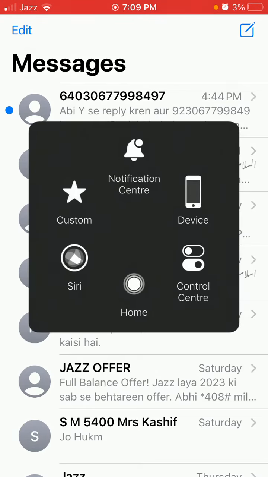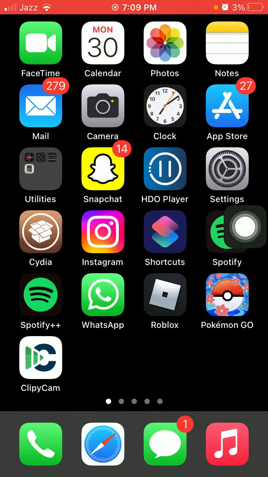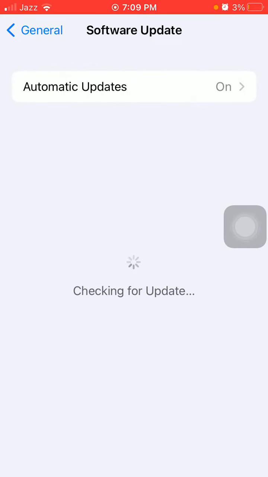Next, force close all the apps that are running in the background and force restart your iPhone by quickly pressing and releasing the volume up button, quickly pressing and releasing the volume down button, and pressing the side button until you get the Apple logo. Finally, what we have to do, we have to go to Settings, General, Software Update